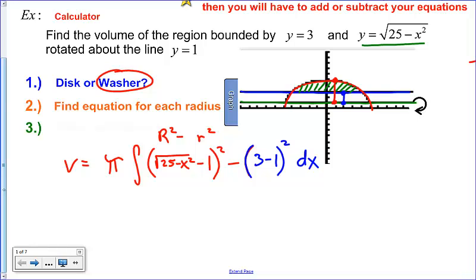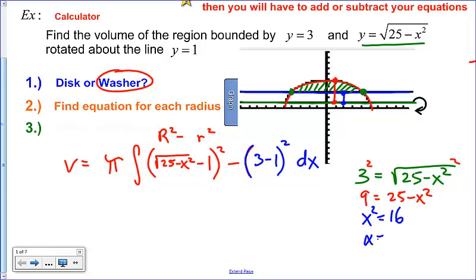normally would be. This is a calculator problem, but a good practice here would just be setting the two curves equal to each other. They intersect where y equals 3 and y equals the square root of 25 minus x squared. So if you were to solve this problem, first thing you'd probably do is square it. So you get 9 equals 25 minus x squared. And if it were me, I would add over my x squared, subtract my 9, and I think that's 16, and then x would equal, well, since you take the square root of both sides, you need a plus